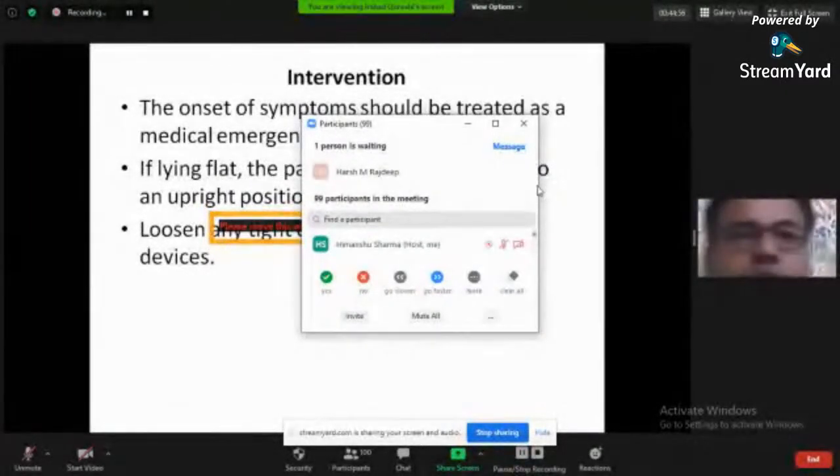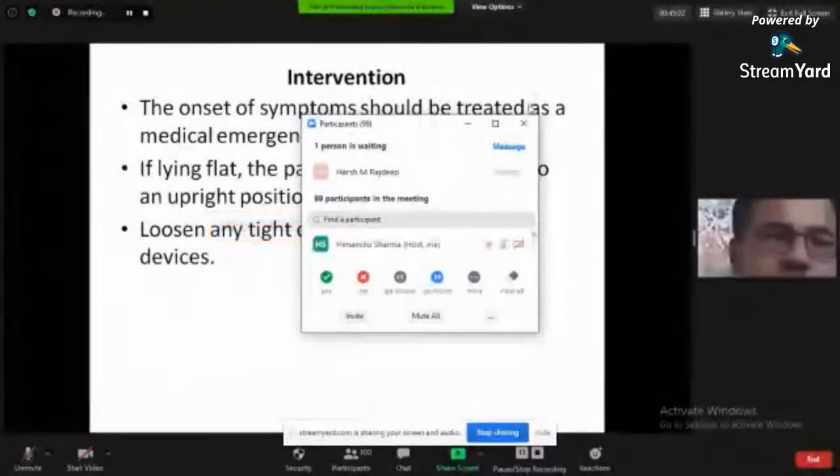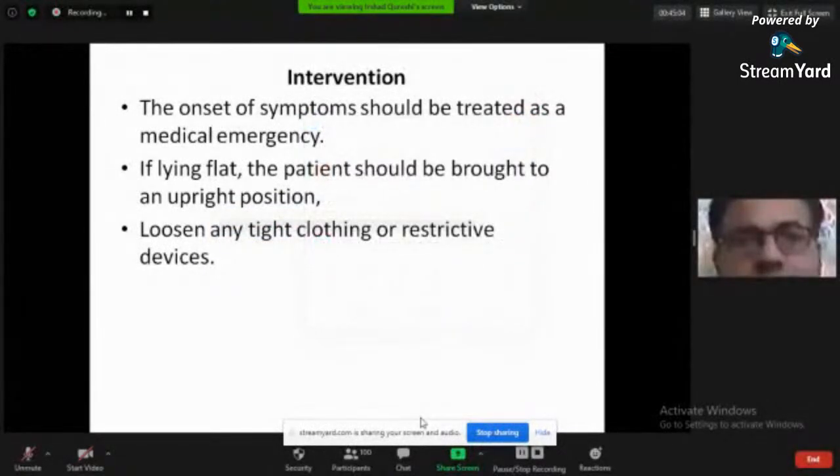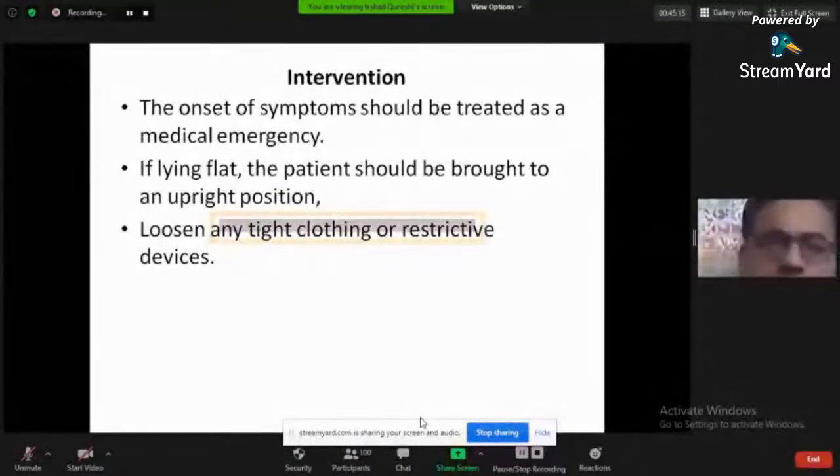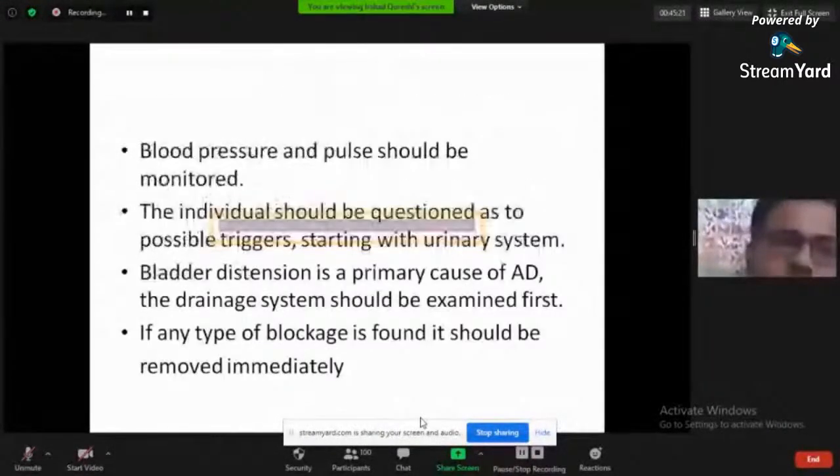Onset of symptoms should be treated as a medical emergency. If the patient is lying flat, the patient should be brought to the upright position. Loosen any tight clothing. Blood pressure is to be monitored first. The individual should be questioned